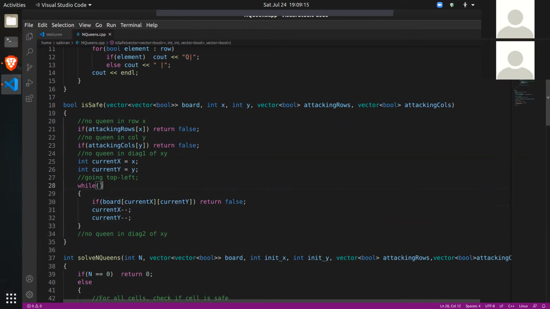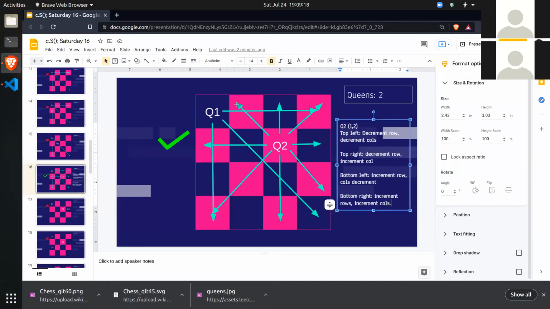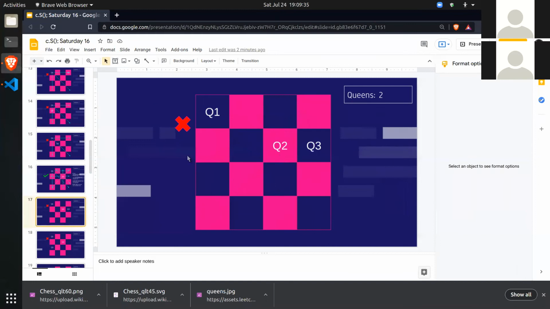And what will be the condition here? Like, where does this top left diagonal end? What should be the condition? Either you hit the first row or you hit the first column, right? Let's go to this diagram. So I'll make an arrow.